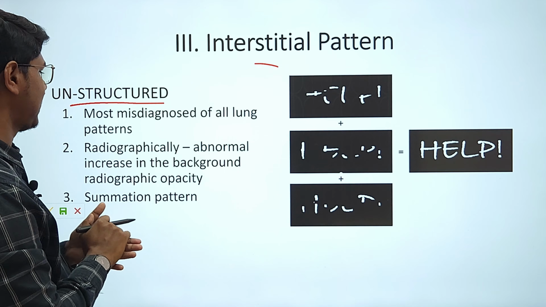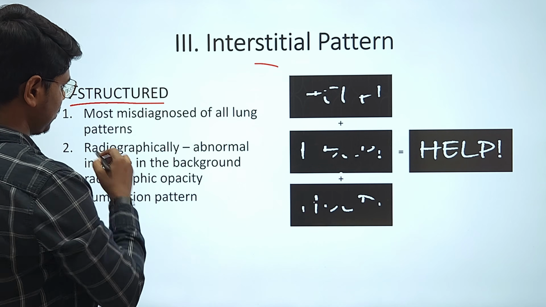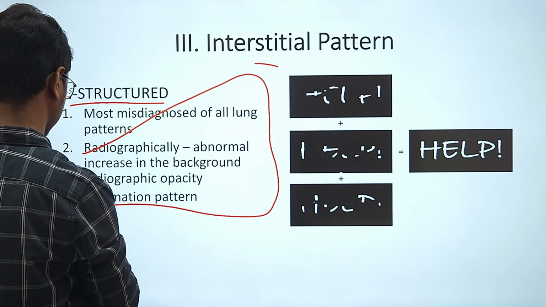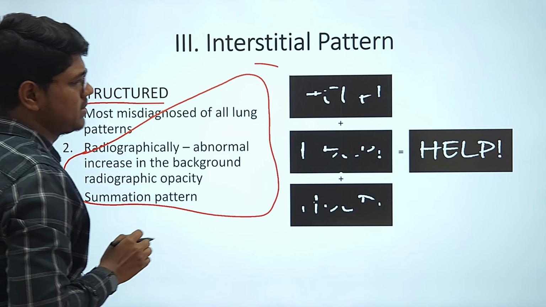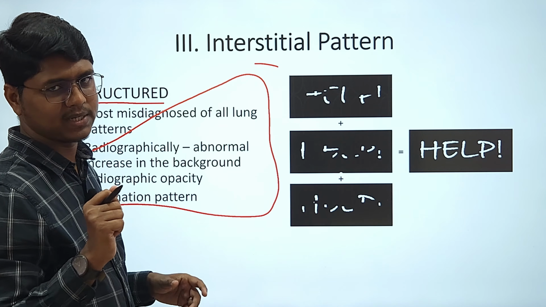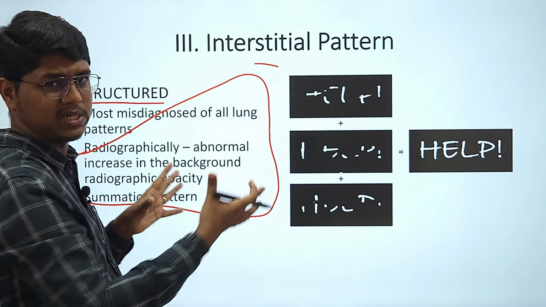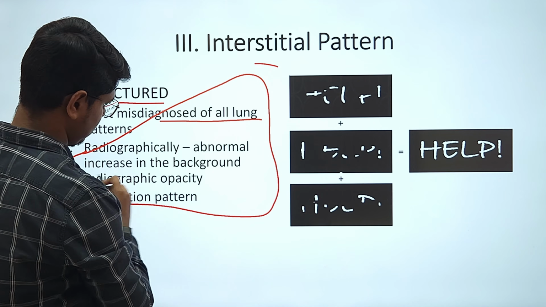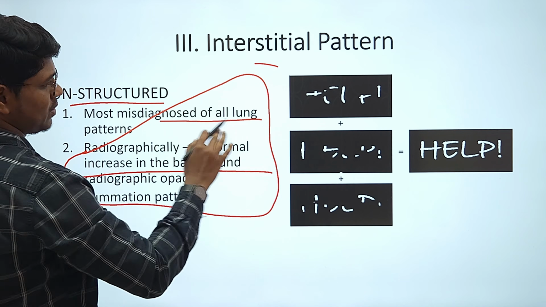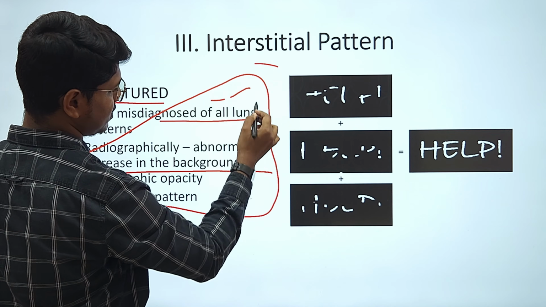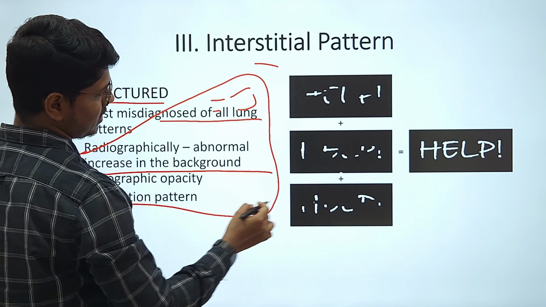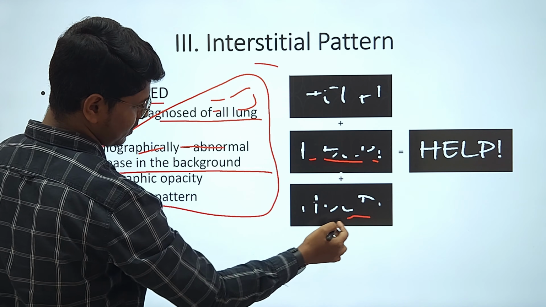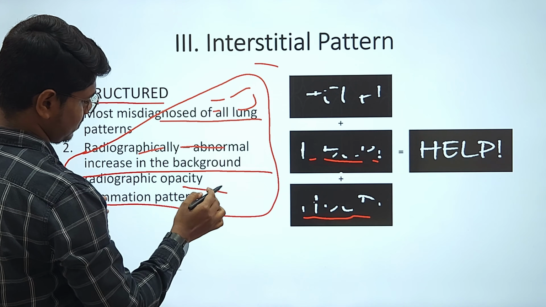Okay, so what actually happens, suppose this entire structure is lungs. Sometimes the interstitium will be affected. The entire lungs is filled with interstitium. So suppose there are 3 levels. Suppose at this particular level the interstitium has been affected, in this particular section the interstitium has been affected, and in this section